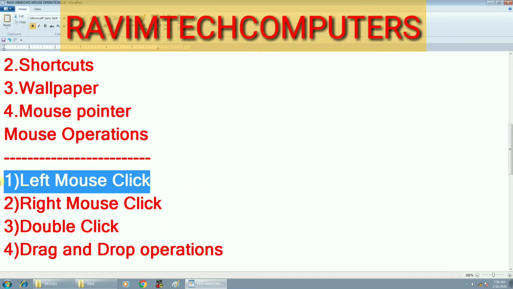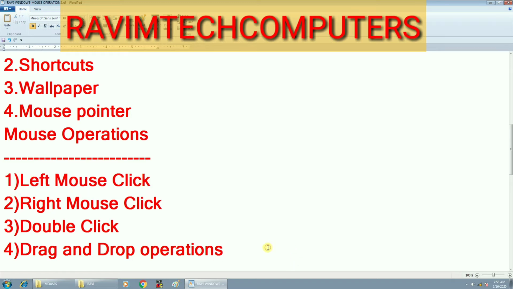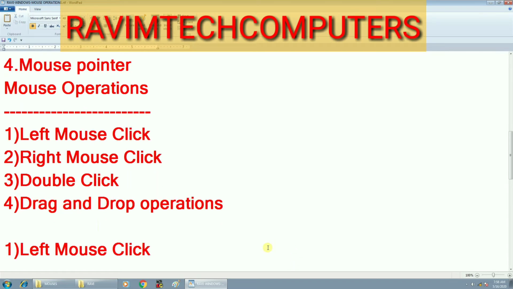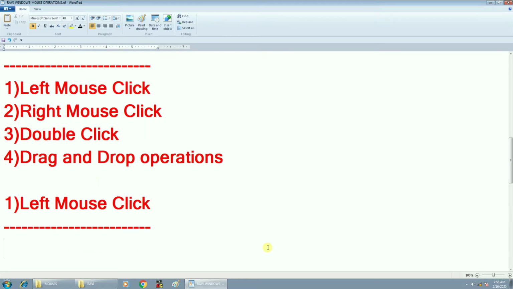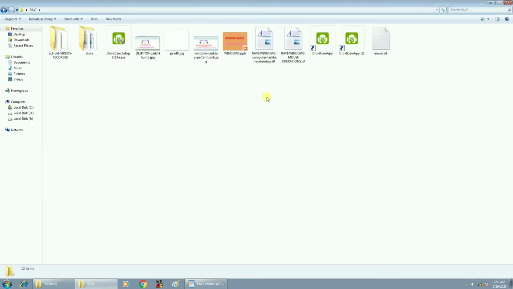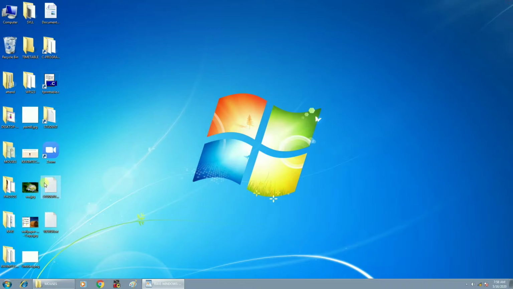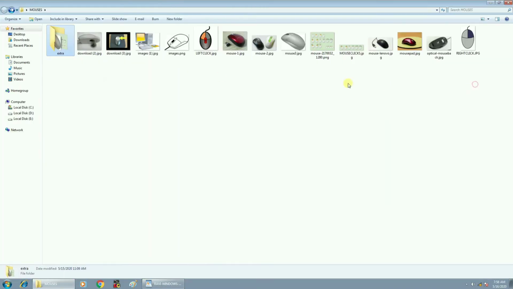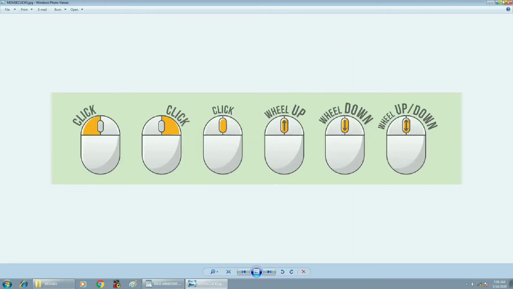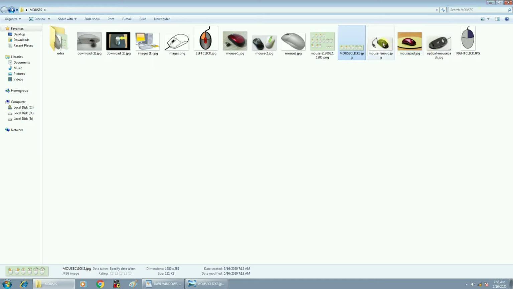Coming to the first topic, left mouse click. In the name itself, the meaning is there. I will explain with respect to the diagram. In the olden days we used ball mouses.